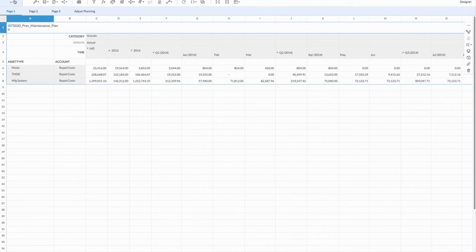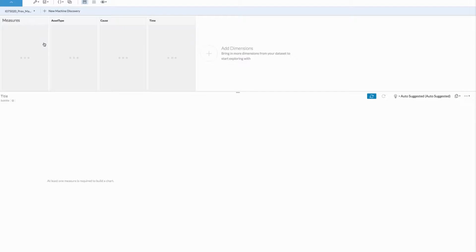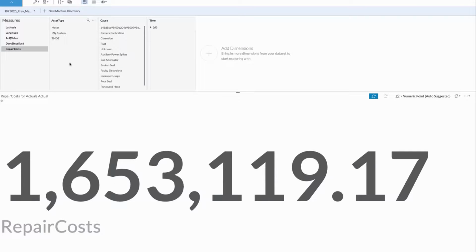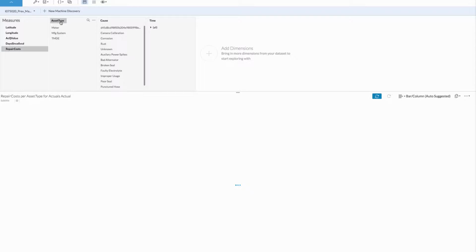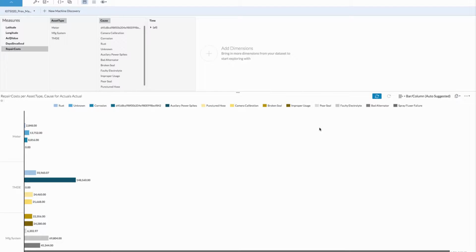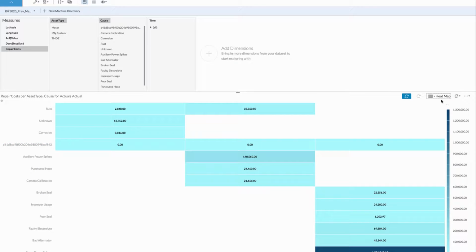If I tick the data view, it brings me to the screen that we already discussed, where I can very easily discover and have a look at my data. If I, for example, just click a metric, repair cost, and I control click, for example, asset type and or cause, you see that the system automatically creates analysis for me, which I can easily change. For example, if I want to have a heat map, this data can, if I want, automatically be copied immediately to my story. However, today we are going to look at the decision tree predictive model,